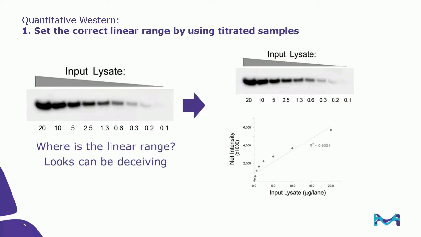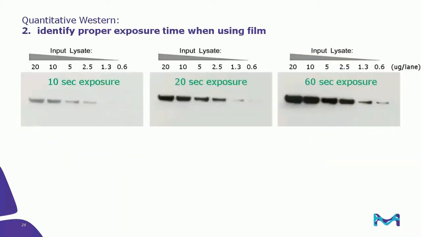Here's an actual result from the same blot. You'll notice how, particularly at high input range, measurement loses its accuracy. And in fact, the linear range for this blot would be 2.5 micrograms and below. What this translates to in this particular example is that if your measurements are outside the linear range, while you have 2x differences in protein expression between the samples, the actual intensity measures may only show you a 30 to 40% difference at best.